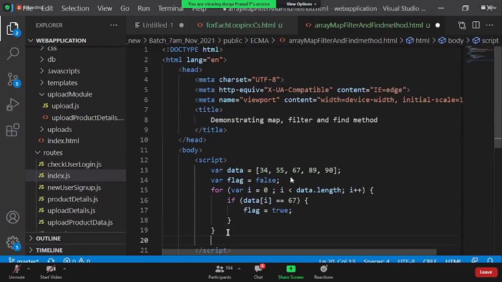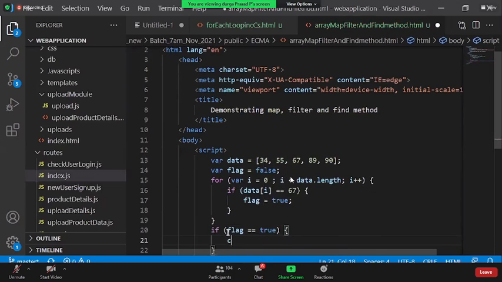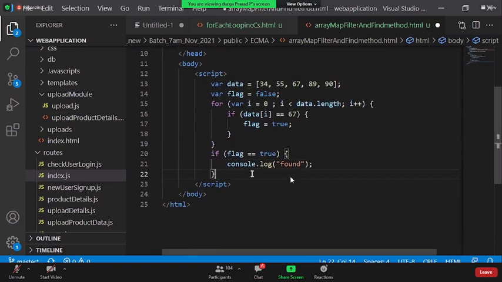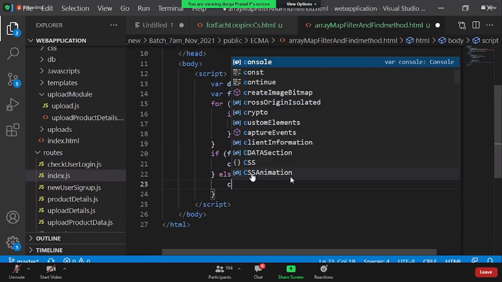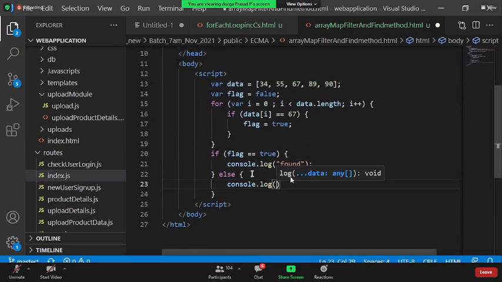Once I come out, I check this flag. If flag is equal to true, then you simply say console.log found. If this is not the case, we say console.log not found.